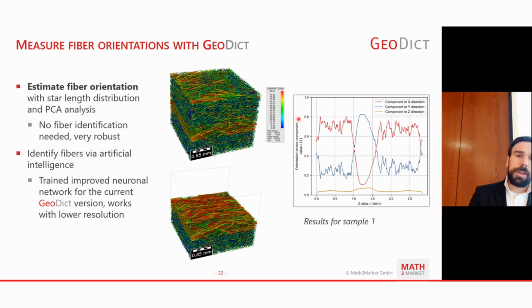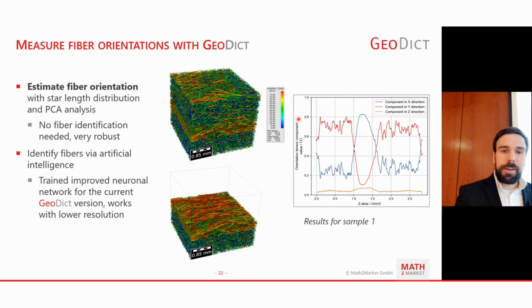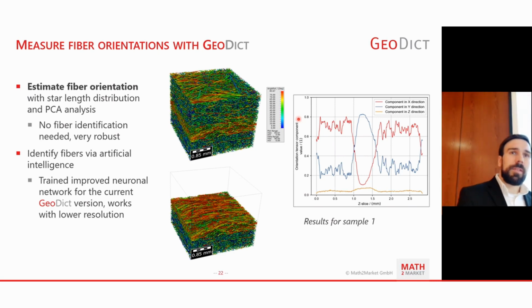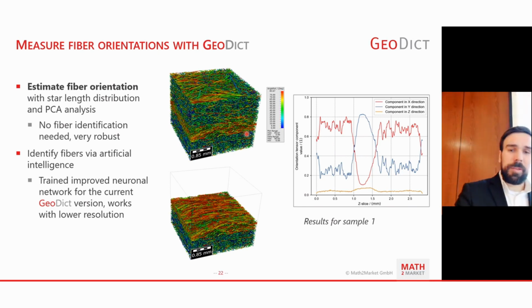FiberFind is not only FiberFind AI, but we also have the classical FiberFind, where we, for example, in this case here, can estimate the orientation without identifying the individual fibers. It is very robust. It also works if your resolution is too bad to identify individual fibers. Here you get something like this, a composite material. You can see here the change in orientation that is happening in the middle. You can get that with the FiberFind AI too, but in that case you need a high enough resolution to identify the individual fibers. And it also maybe depends. Sometimes it's faster, sometimes it's not.